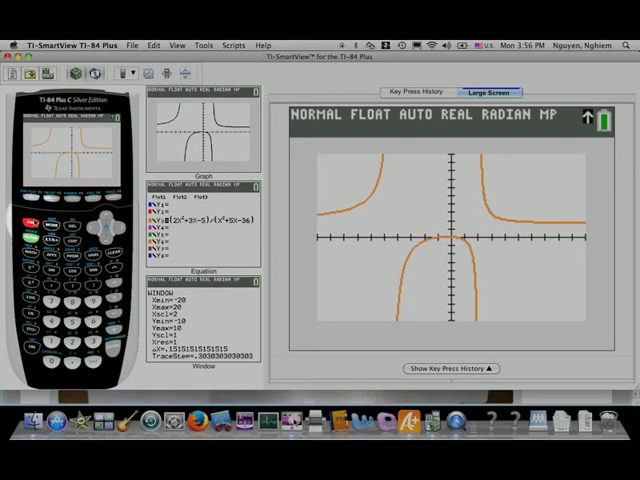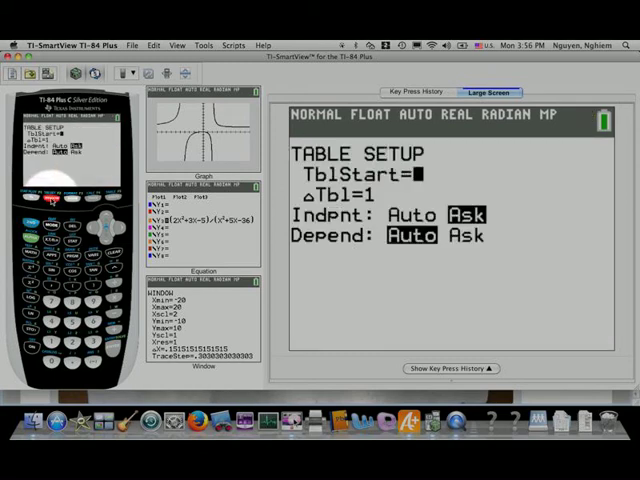I want to show you how you can go into your table set, hit the second button, and then the window button, and see how I have my independent variable set to ask. That'll allow me to type in a value for x and instantly get a value for y. Yours might say auto here, so you won't be able to do this, so make sure you change your independent variable to ask. So now I can go into the table,